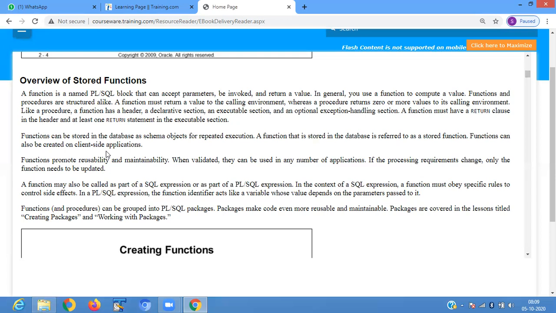A function may also be called as part of a SQL expression or as part of a PL/SQL expression. In the context of a SQL expression, a function must obey specific rules to control side effects. In a PL/SQL expression, the function identifier acts like a variable whose value depends on the parameters passed to it.